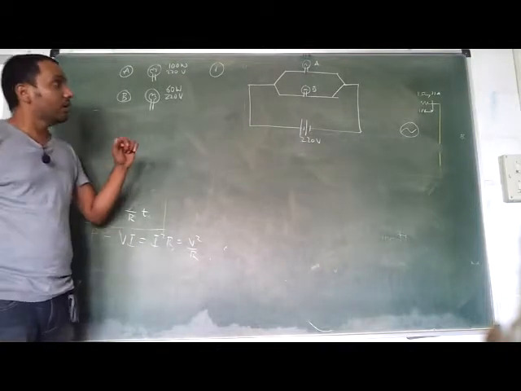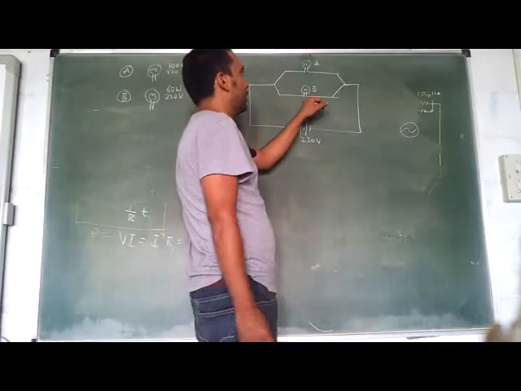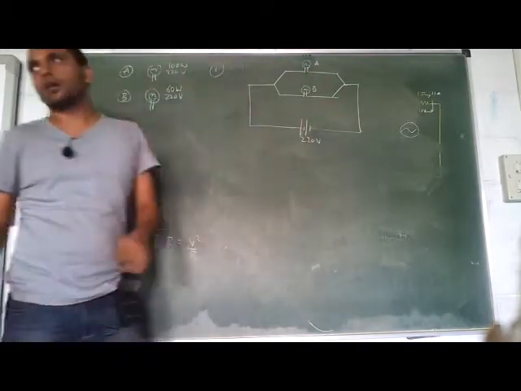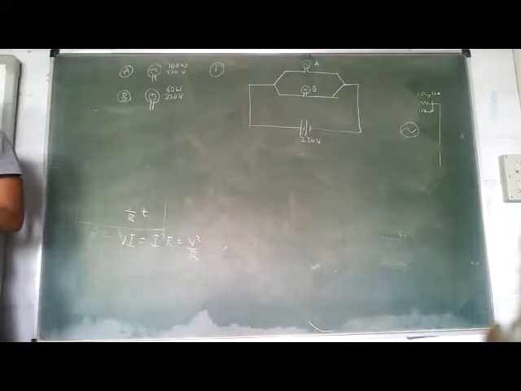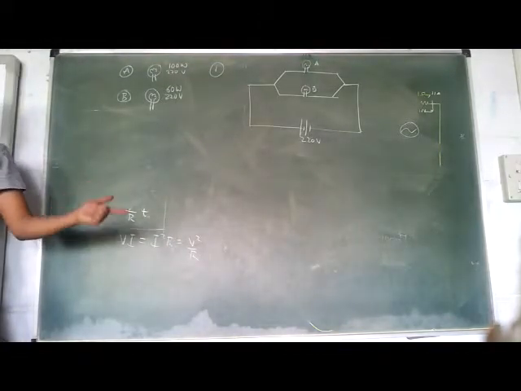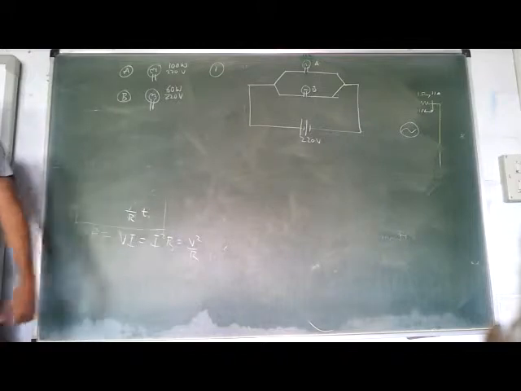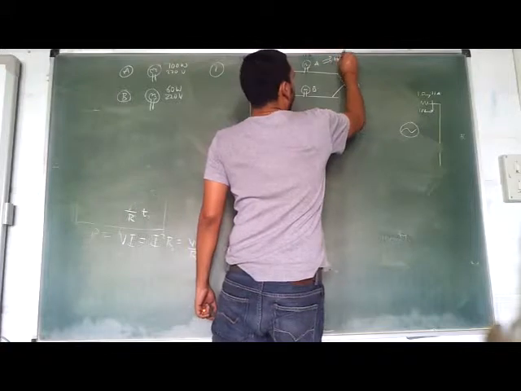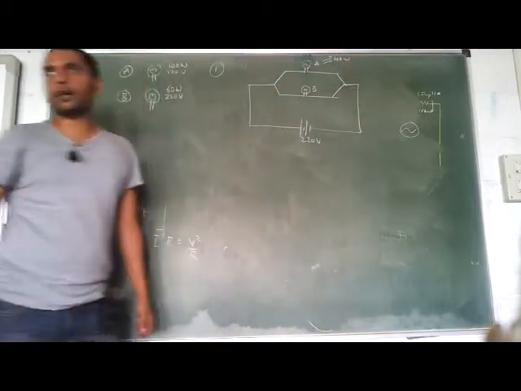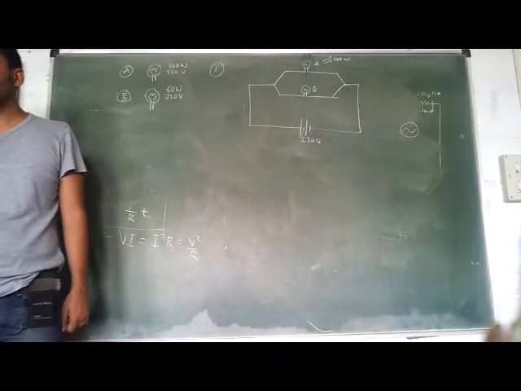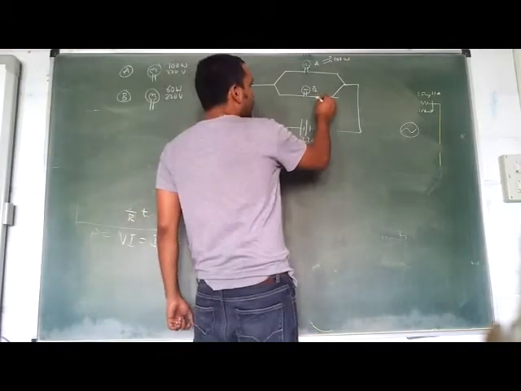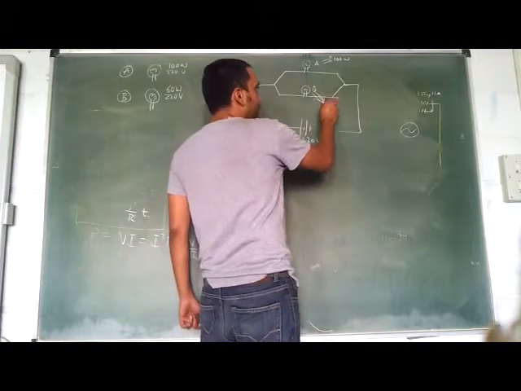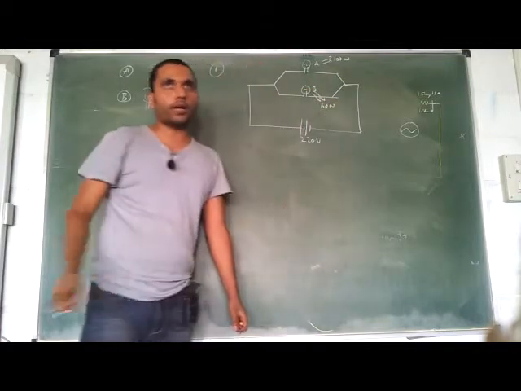Okay, so we'll see first how much is the voltage across each bulb. How much is the voltage across A? 220. And the rating says it wants 220 volt, which means you are giving it 220 volt. So it should give out how much watt? 100 watt it will give out normally. You don't have to calculate anything. And this one is also across 220 volt, hence it will give you 60 watt. Again you don't have to calculate.